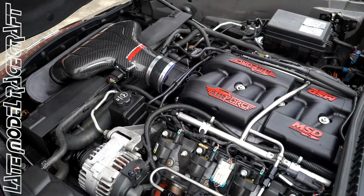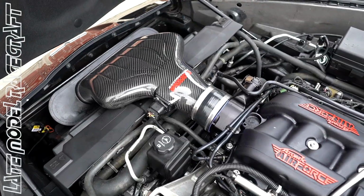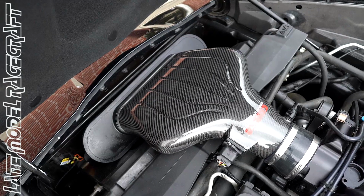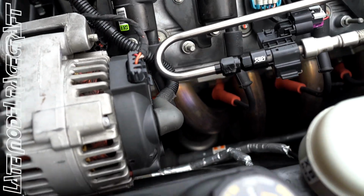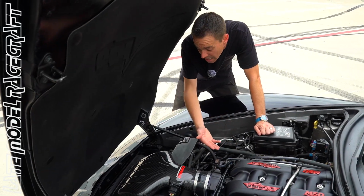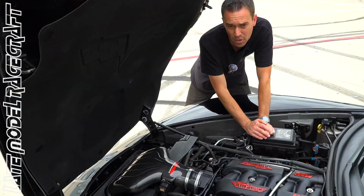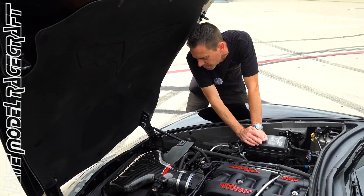Intake manifold, it is the MSD intake with a 103 throttle body, and as you can see, it has the Corsa carbon fiber cold air intake manifold. As always, American Racing long tube headers, and y'all can't see the camshaft in it, but like I said, around a stage 2 camshaft, and we run the ATI dampener on every car we build, not just for it being